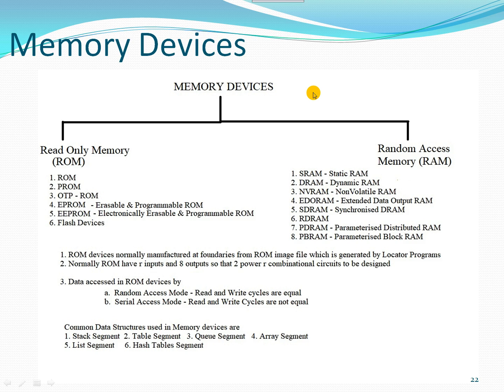So we can have write and read cycles. Read and write cycles are going to be equal in nature for ROM access mode and random access modes, but in serial access mode, read and write cycles are not going to be equal. So there may be some disparities between read and write cycles in a serial access mode. The serial access mode is going to be a very fast mode. In those modes, the normal writing and reading cycles are going to be actuated with the help of